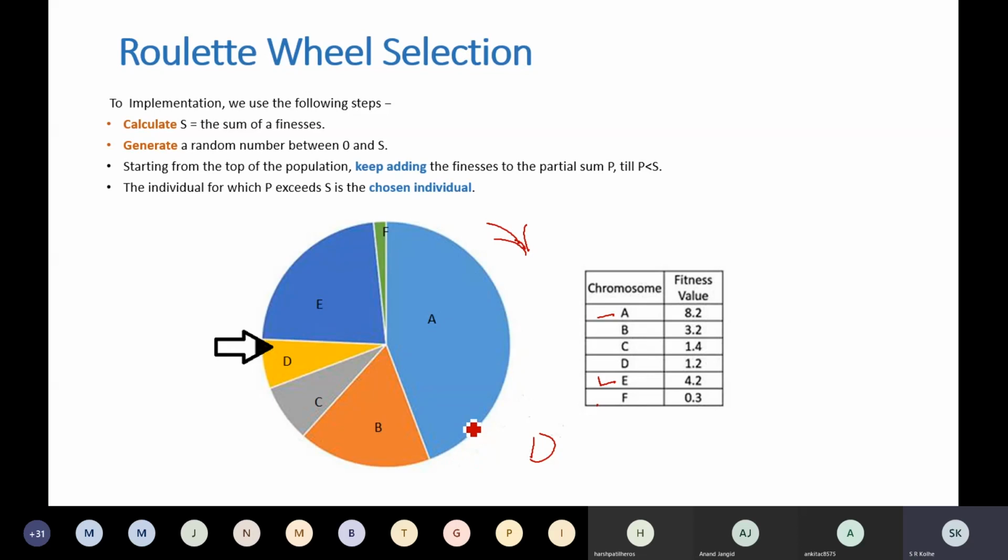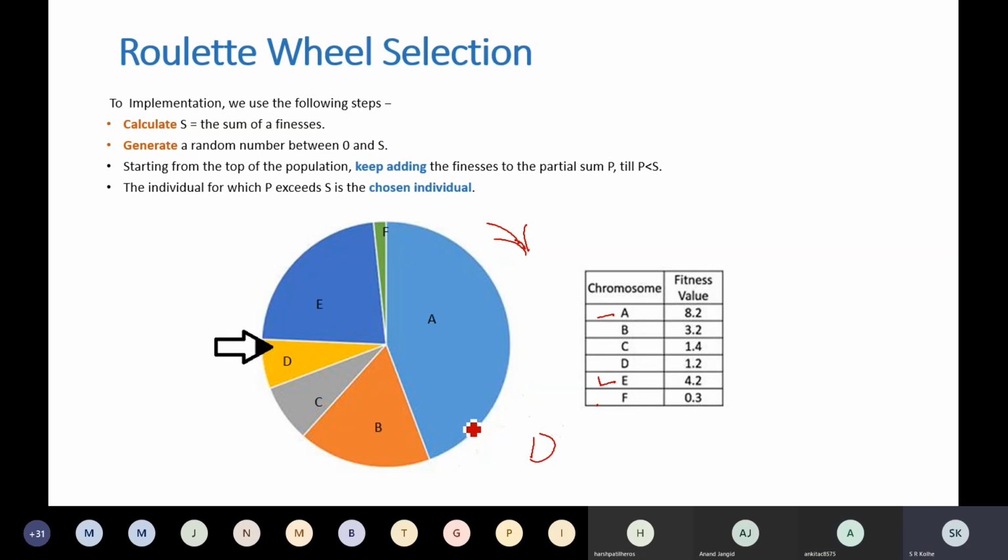Randomness is there, which is why this comes under randomized algorithms. Then again the wheel will be rotated and somewhere it will stop. The solution in front of that fixed point will be selected as the next individual, and then crossover will take place. Understood up to this point? Yes, sir.